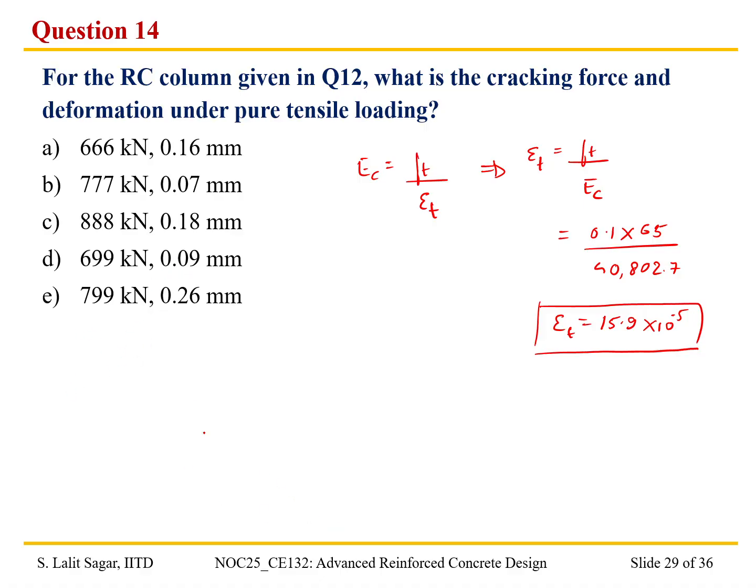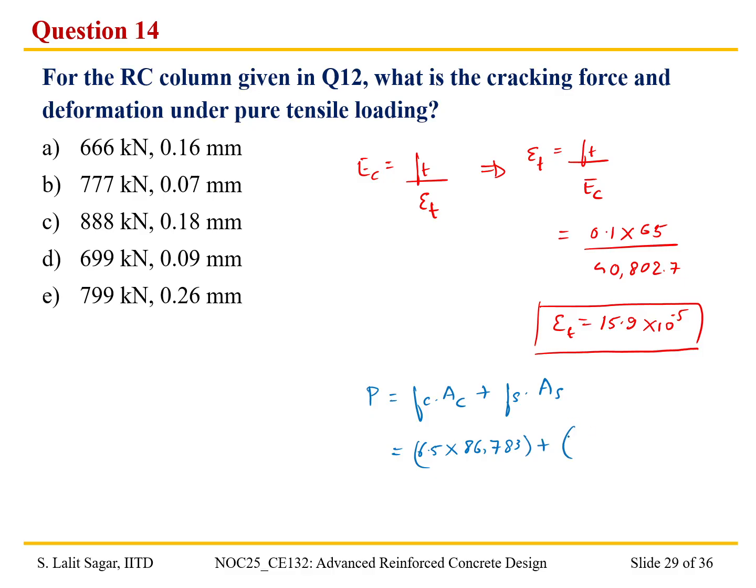Okay, so let us go back to the governing equation for the axial members, that is given by P is equal to Fc into AC plus Fs into As, right? So Fc is given by 6.5 into, what is the value of AC? AC we have determined earlier, it is 86,083, and Fs is